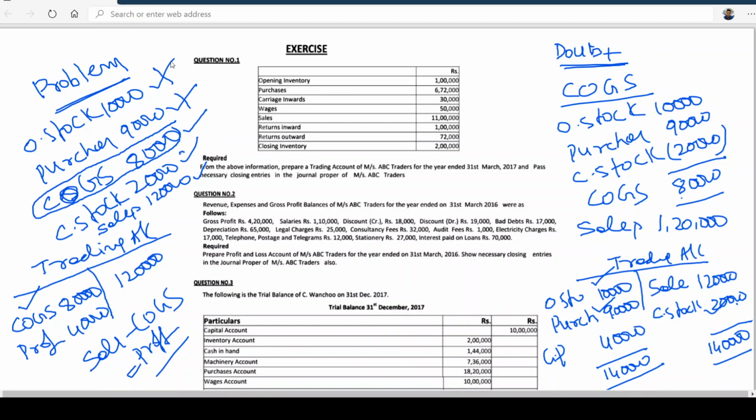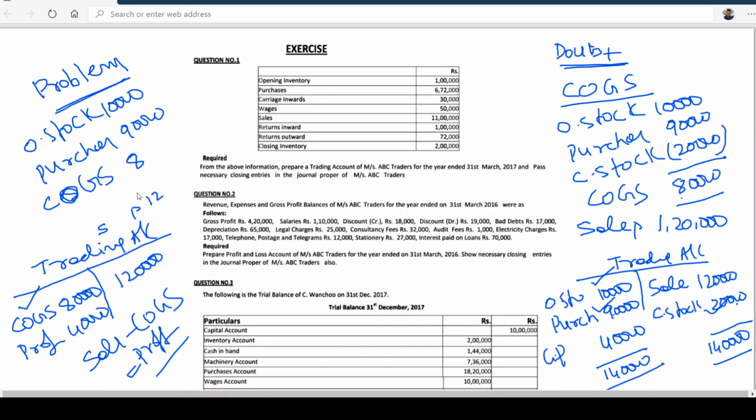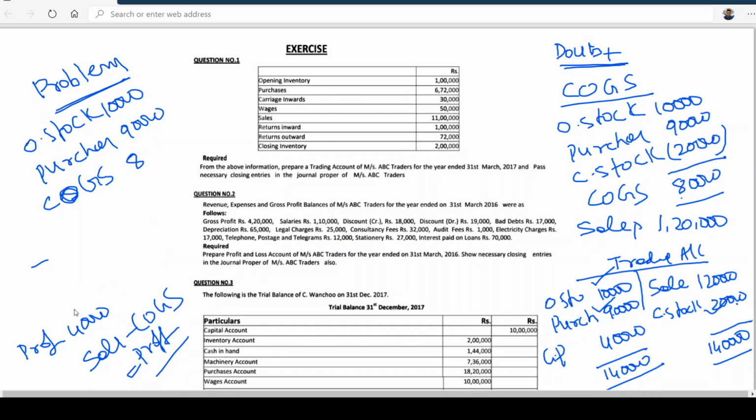So shall I go for the problems today? In today's class, I am going to work out the problems from Charms material. Okay, I told you Charms material. You also got the problems from CA Foundation Study Material. I think the advantage is that these problems I am working out here like a classroom, virtual classroom discussion. So that I'll be taking up now.